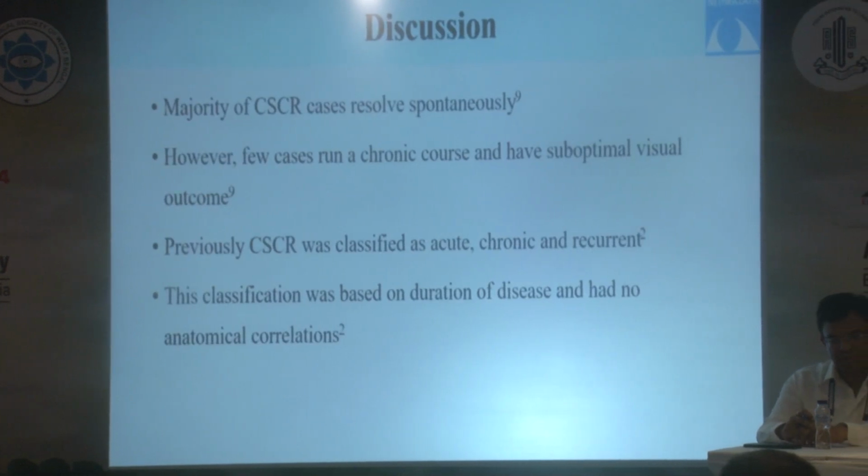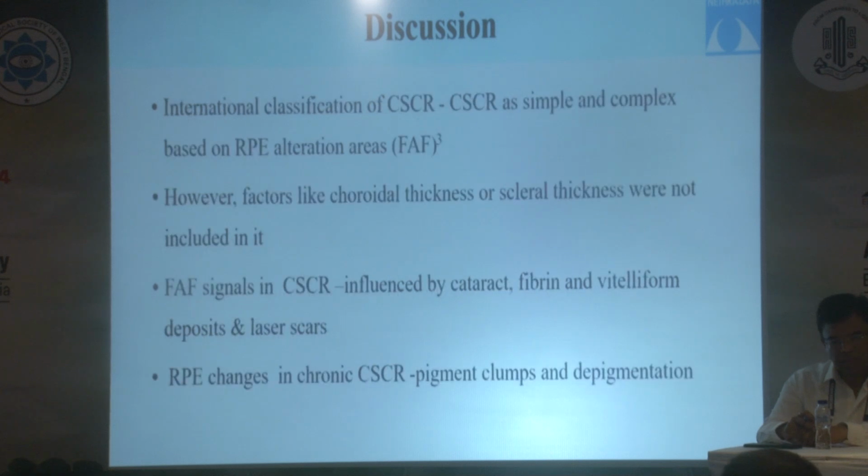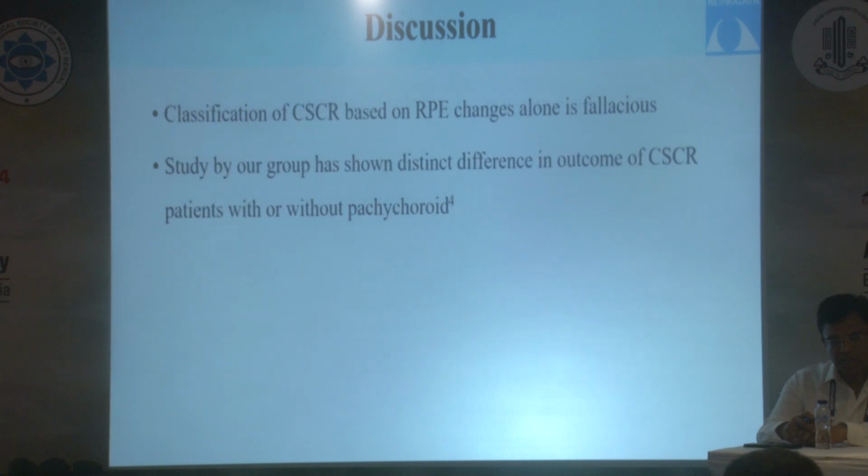Now, classification based on duration of disease in CSCR had no anatomical correlations. The international classification, which classified it on the basis of RPE changes on FAF, did not include factors like choroidal thickness, and FAF signals in CSCR may be influenced by cataract and vitreoretinal lesions. RPE changes in CSCR may also be seen due to pigment clumps and depigmentation. So the classification system for CSCR based on FAF changes alone is fallacious, and a study by our group has already shown distinct differences in outcome